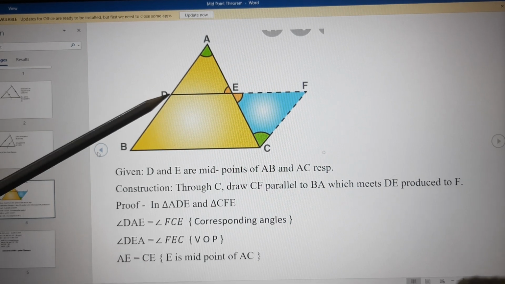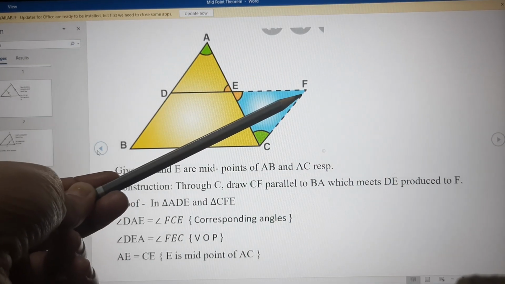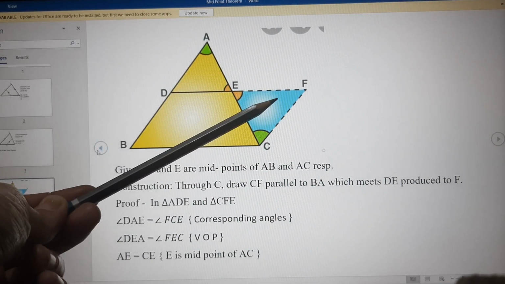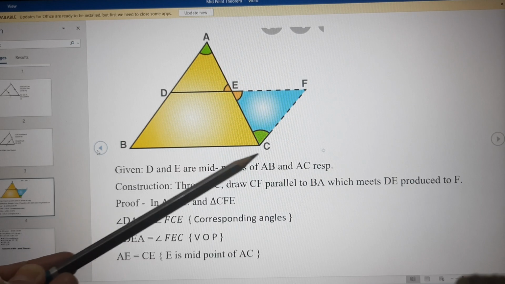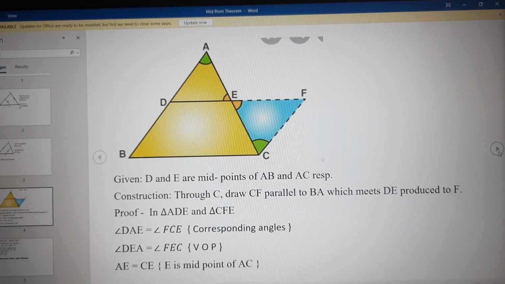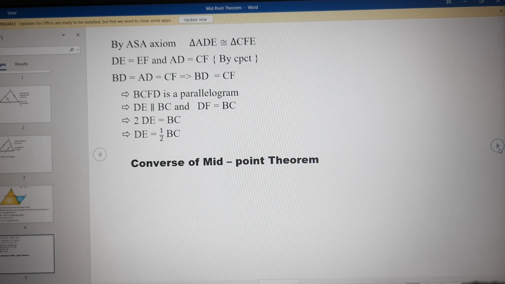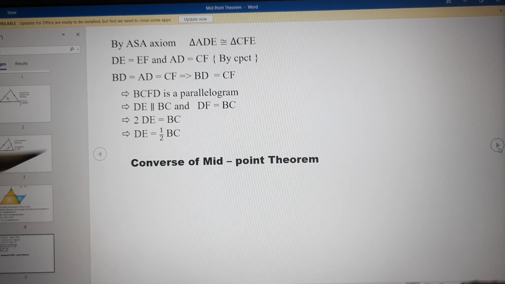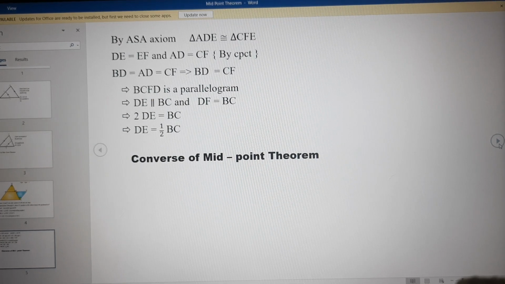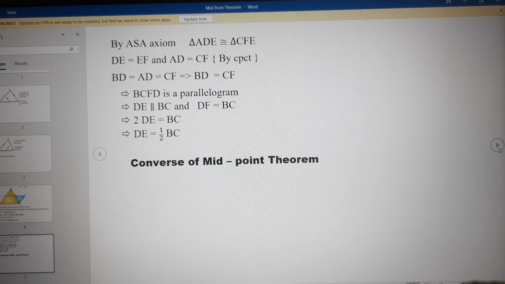If E is midpoint of DF, then we can write DE is equal to half of DF and DF is equal to BC. So DE is equal to half DF, or we can write DE is equal to half BC. Clear? Because BC and DF will be equal to each other because opposite sides of a parallelogram. Are you getting it? So ultimately, we have proved that DE is equal to half BC and we have proved that DE and BC are parallel to each other. Clear? This was our midpoint theorem.